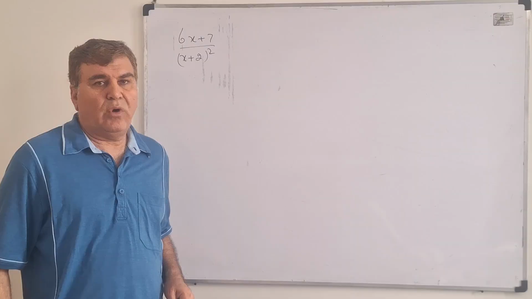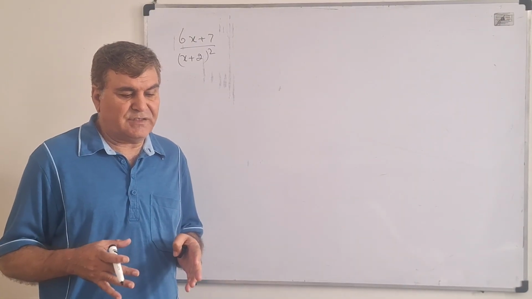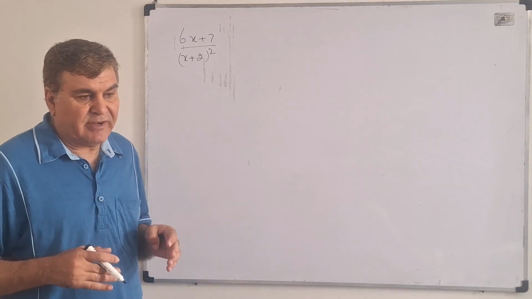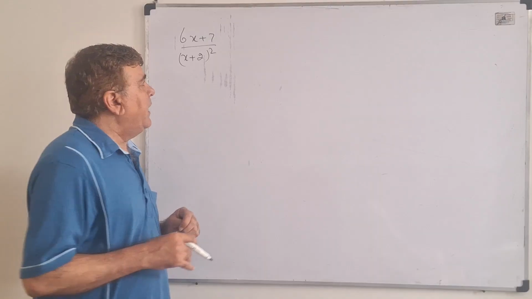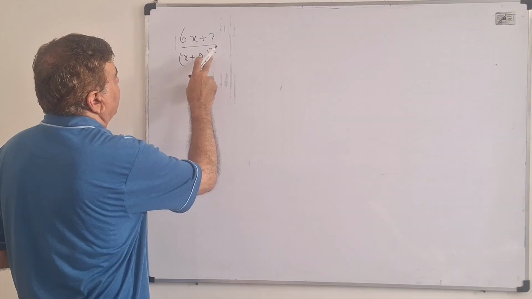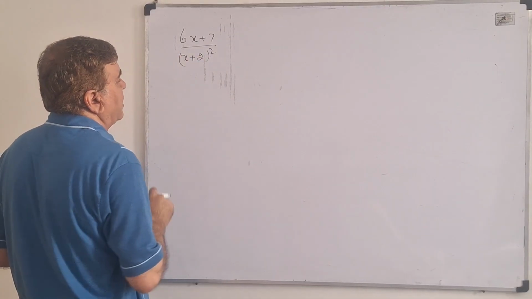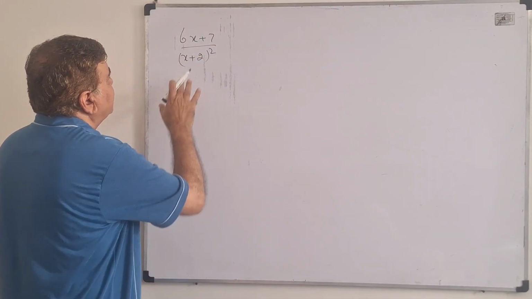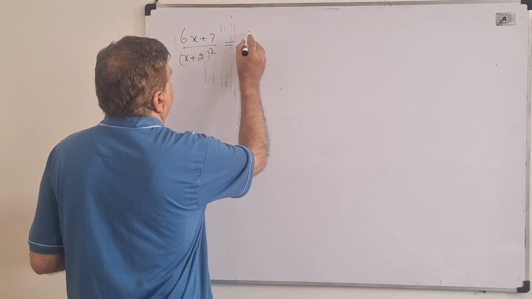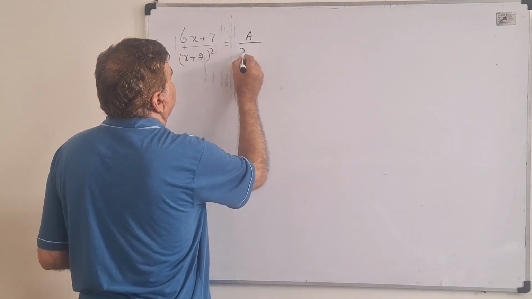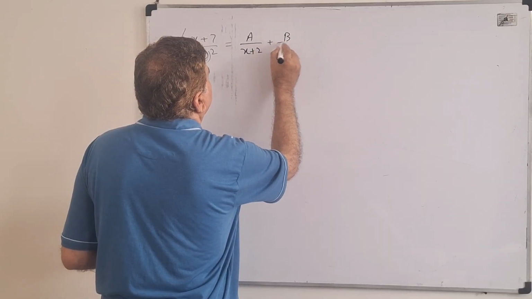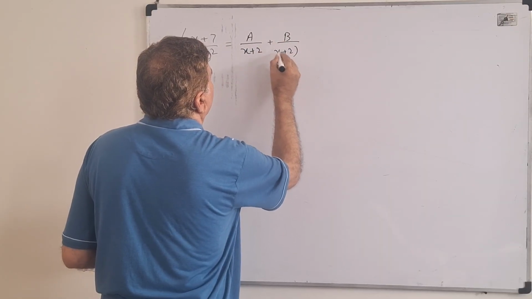In this video, I want to use another concept of partial fractions to find the partial fraction of a rational function, where the denominator is in the form of x plus 2 raised to the power 2. If we encounter such a thing, I can write this in the form a divided by x plus 2 plus b divided by x plus 2 whole